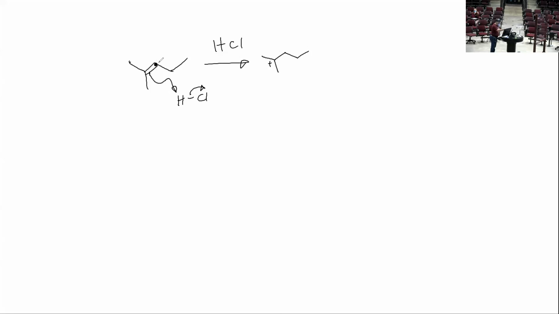I'm trying to show that it's swinging away from this carbon and taking electron density away from that one and remaining attached to this carbon. That carbon's going to get the H attached. This carbon's now a CH2. There was one hydrogen attached there already. The other one we just got from HCl. And we'll leave a plus charge on the tertiary carbon, which is much better than putting it on the secondary